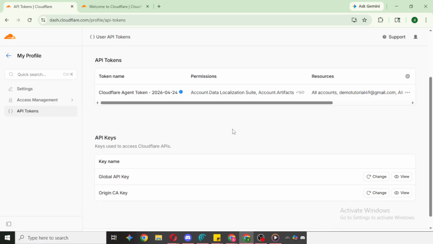If you prefer, you can also remove the connection from the Ezoic side. Doing so from Ezoic's dashboard complements what you just did in Cloudflare and helps keep everything tidy on their end as well. That's it. You opened your Cloudflare account, went to your profile, selected the profile option, opened API tokens, and used the three-dot menu to delete the Ezoic token. With that, Ezoic is completely removed from Cloudflare.